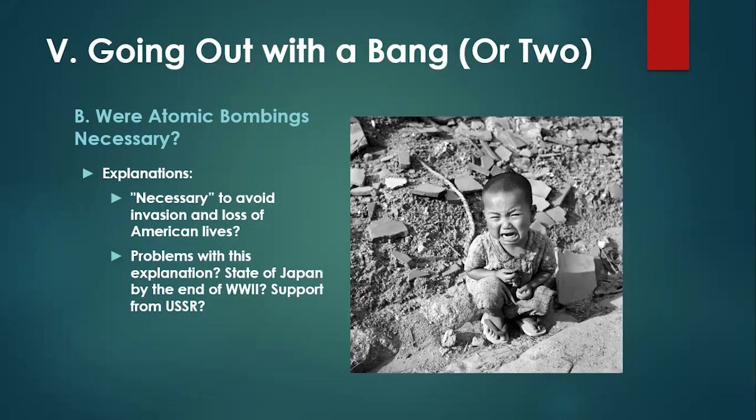But remember, the problem with this theory: the state of Japan was already greatly weakened by this point in the war, and there were several military experts suggesting that with support from some of the other allied powers, an invasion could have been very practical, and Japan could have been pressured into surrender without too much loss. I would just like to think that that could have been examined a little further before going through with such